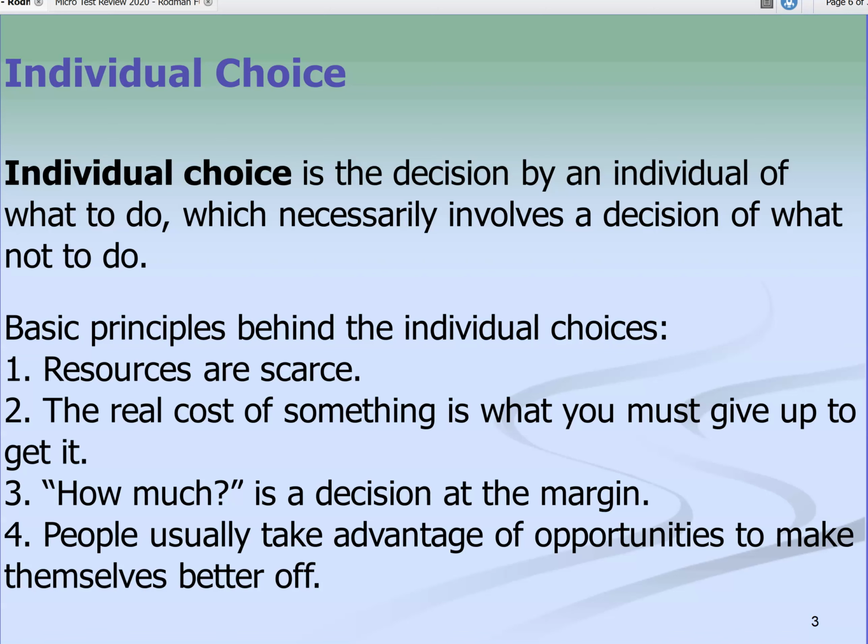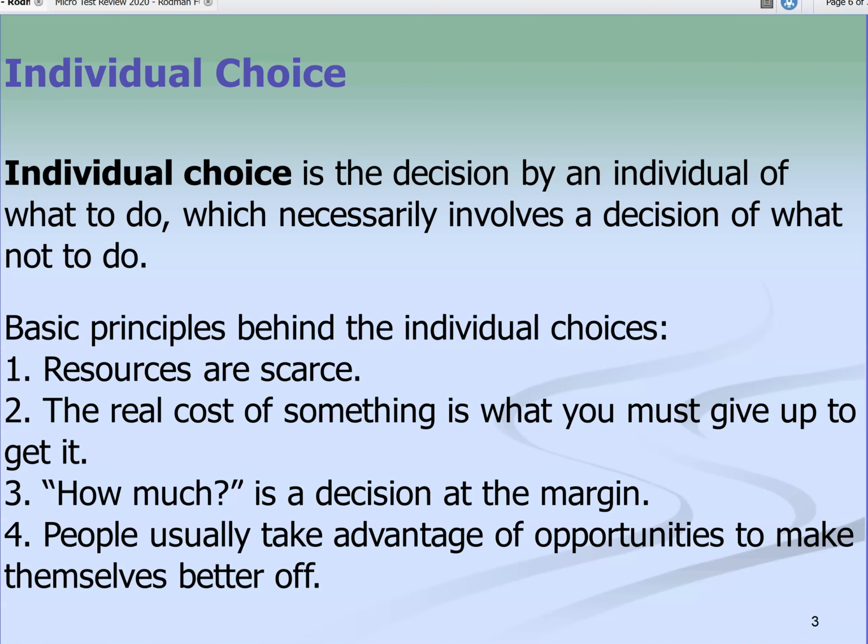So we're making a lot of "how much" decisions. How long do we go for a ride in the car? How far do we go? How long do we continue to press the snooze button on the alarm clock until we get up? All of those decisions are made at the margin. And then again, we're